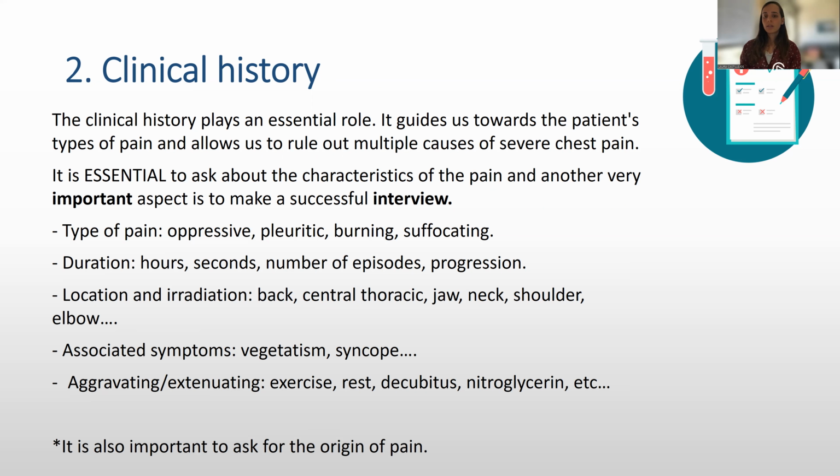So this is very important, and we have different tools to do it. But we can see here that we have different types of pains. We have the oppressive pain, pleuritic, burning, suffocating, different duration of this pain, hours, seconds, number of episodes, progression,